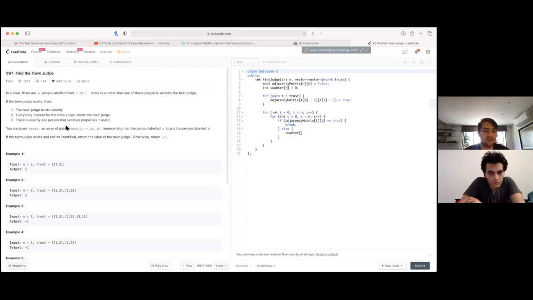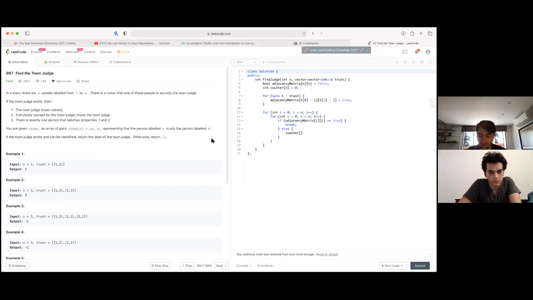So I needed to find the only person that satisfies properties one and two. It's kind of weird. There is exactly one person, but it says that you can return -1. So maybe there's one or zero people that